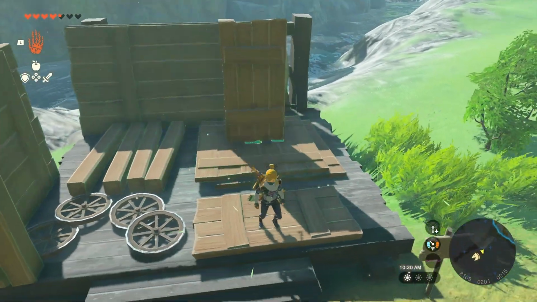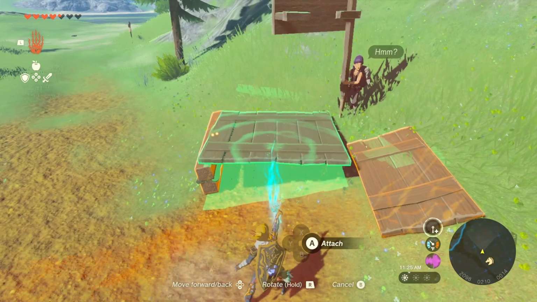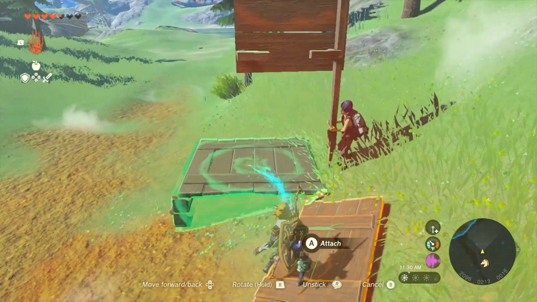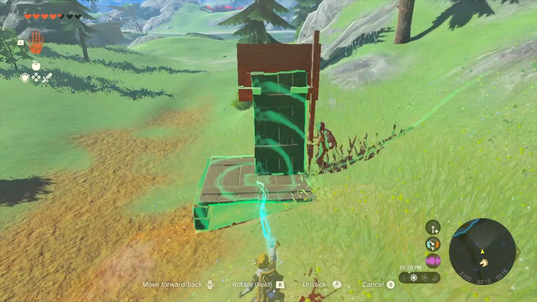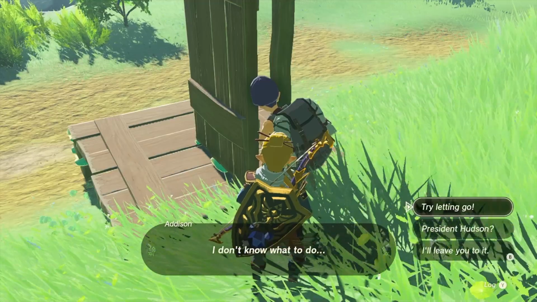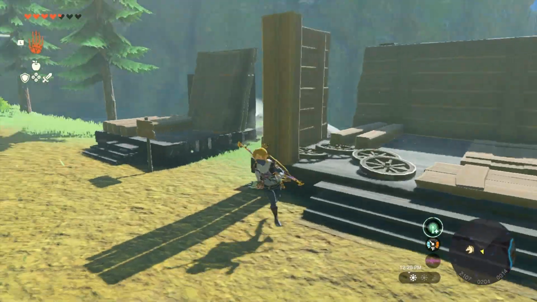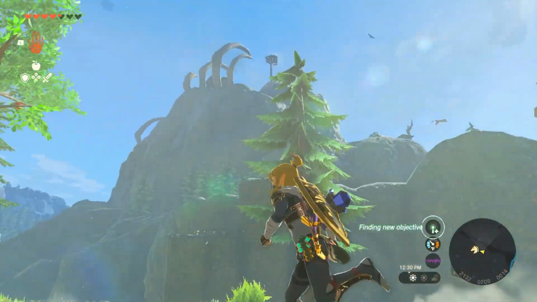There goes the horse, just like clockwork. There it is. Alright, so two logs is the magic number there, and that'll really level this thing off. Okay, that should do it. Alright, once you've got President Hudson satisfied once again, I'm actually going to sidestep and go do this cave